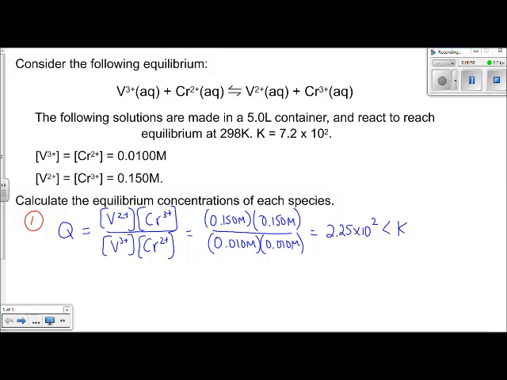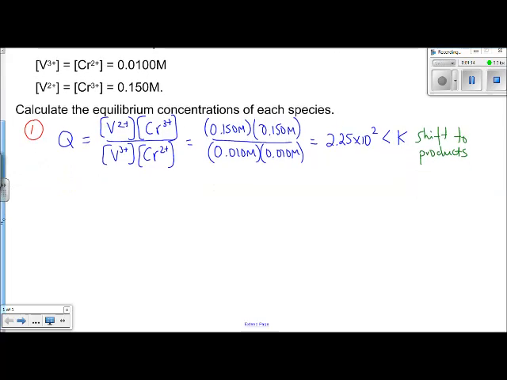The shift, therefore, to reach equilibrium in this system will be to form more products, and this will cost reactants. This will cause Q to go up until it's equal to K. So how much of a shift is the next question? So now we want to solve in a numerical way for the equilibrium concentrations. We start by writing out our equilibrium again,